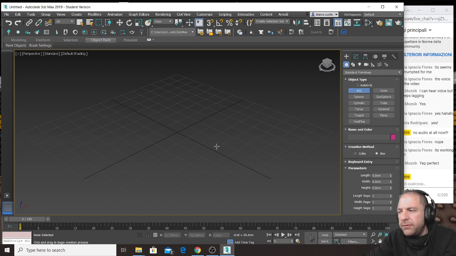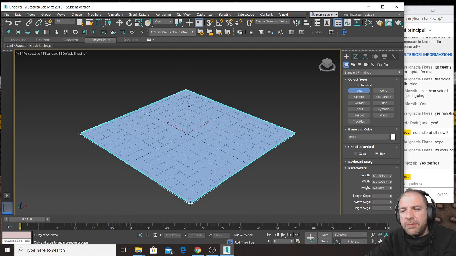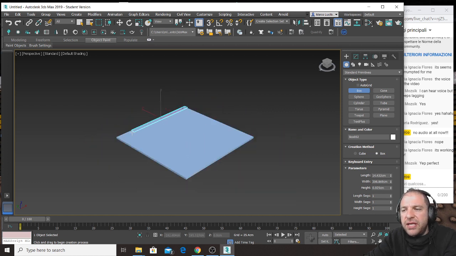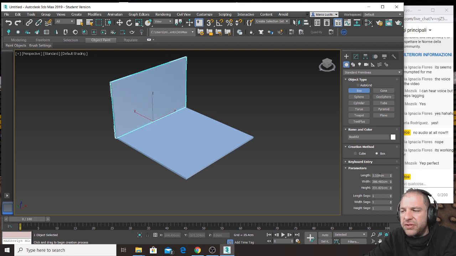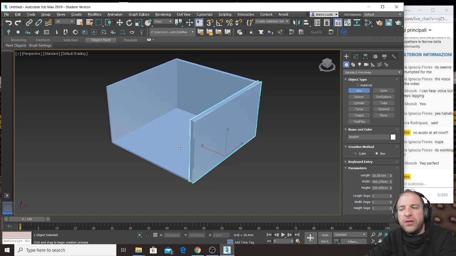For now I'm just making a very basic empty room by using a couple of boxes, and the only attention that I am paying is that the dimensions of this room are more or less realistic. So this room will be in real units. It will be fine. It won't be too small or too big,